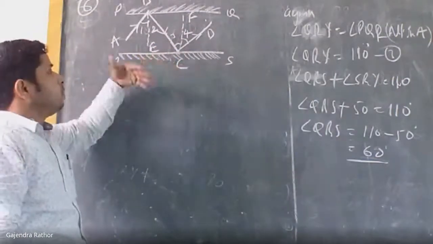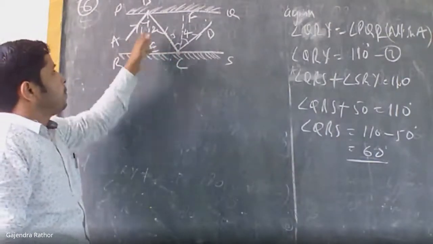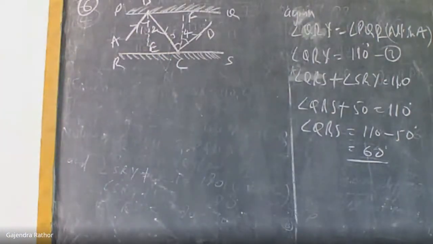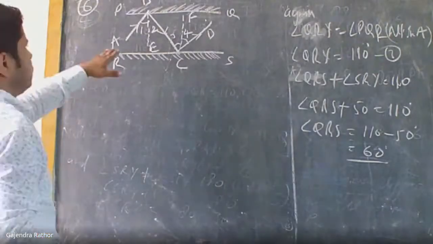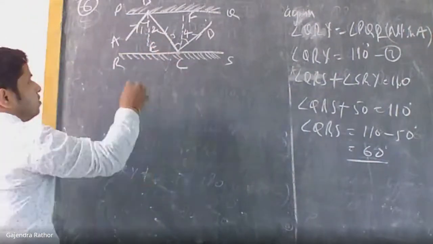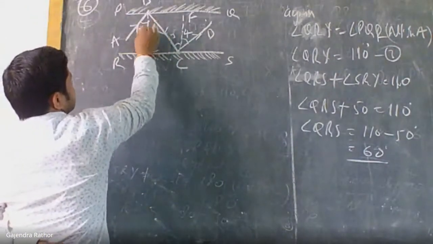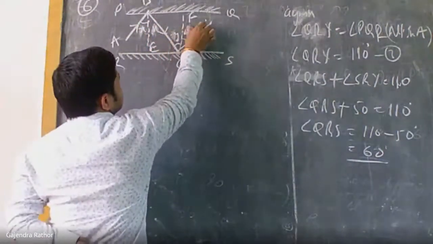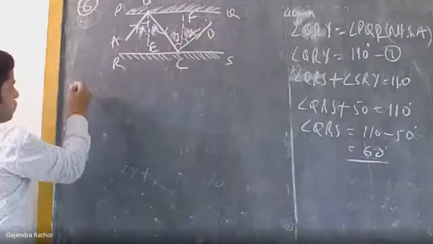By using this, we will try to prove AB parallel to CD. So let's start. I think they are equal, so we can already take the same values. Let's take this as x, this is also x, and this y, this is also y.